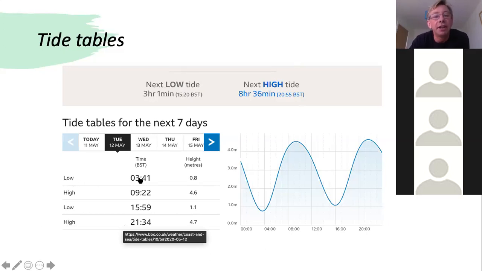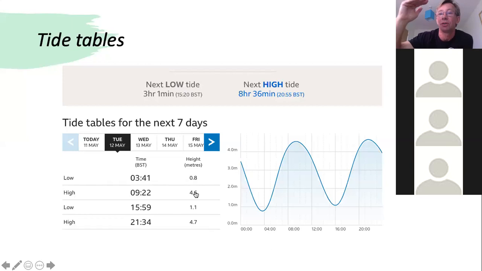And you can see that it shows the low tide. It shows you the time, which is 3:41. It shows you the height, 0.8 meters. And then it shows you what time high tide is. So today, high tide is at 9:22. And you can see that is how high. So these numbers relate to the tidal range, how far it goes in and how far it goes out. And then low tide is at 4 o'clock, and then high tide tonight is at just after 9:30.